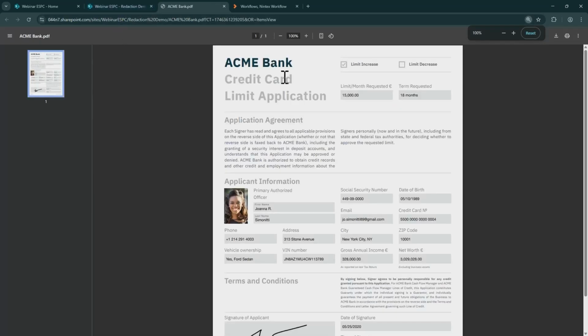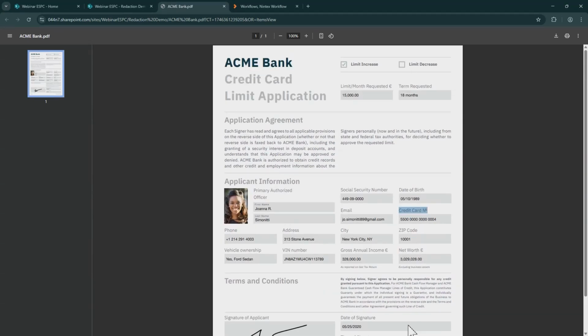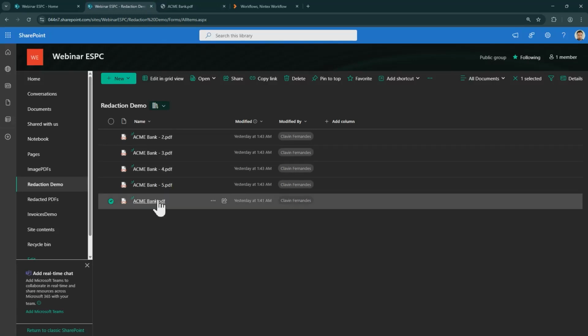You have a credit card application, limit application, and this has PII information, such as credit card numbers. You don't want them to be visible. You go ahead and ask your accountant to redact all of this information from this particular document. Now, in this particular use case, you have around 5. But let's consider that